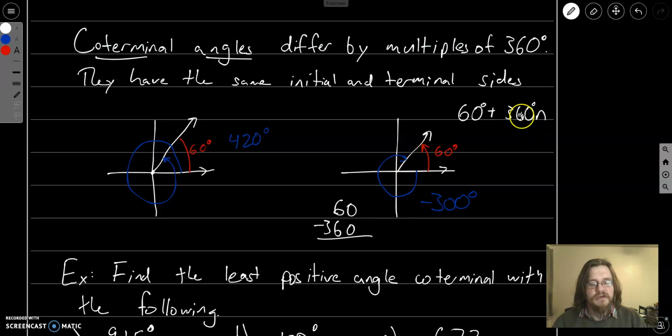And by rotating backwards, I could just treat n as a negative number. I could put -1, -2, -3. So any coterminal angle with 60 is going to be 60 plus some multiple of 360, either a positive multiple